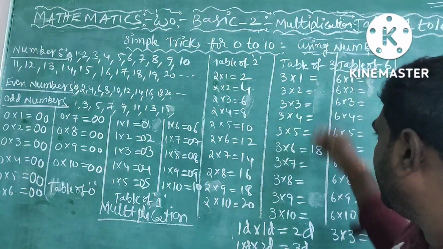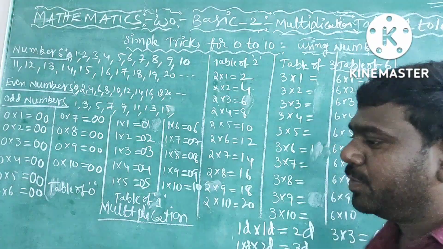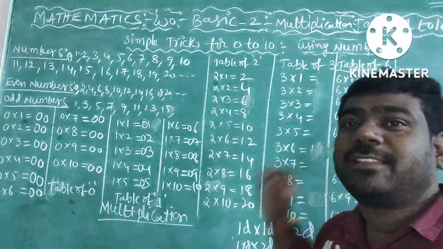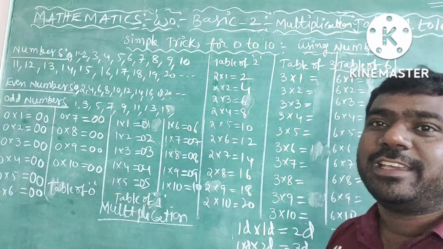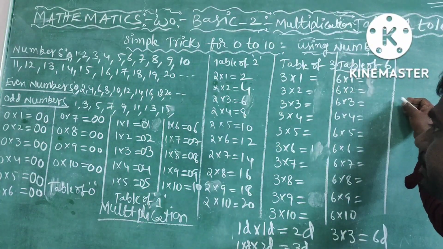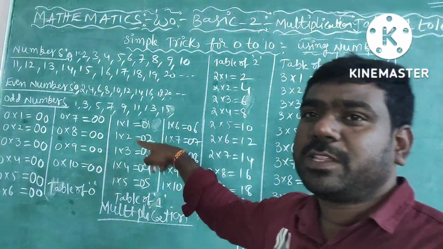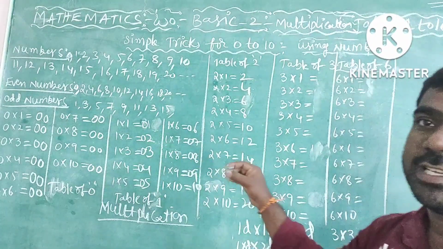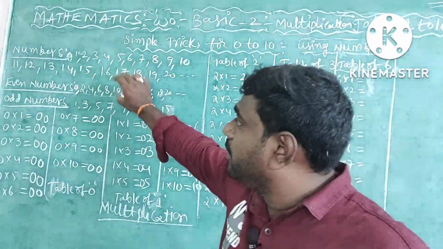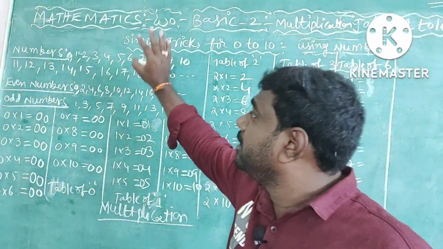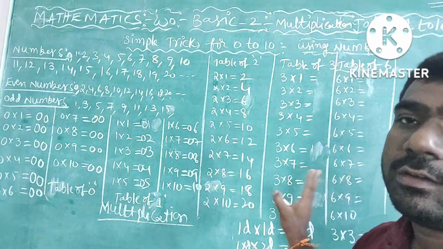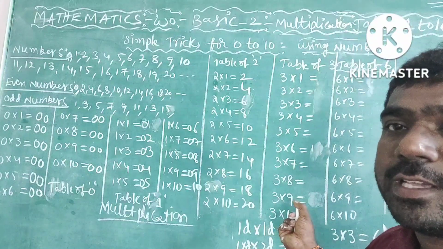How to write the answer of the 3 table? Very simple logic here. How I am writing here, that pattern you should remember. Then only the trick, that is called a trick. Up to this table is finished now. Take the screenshot if you want once, fatafat. So remember, we want even numbers and odd numbers. By using these numbers only, we have to write the tables 0 to 10. Take the fatafat screenshot.